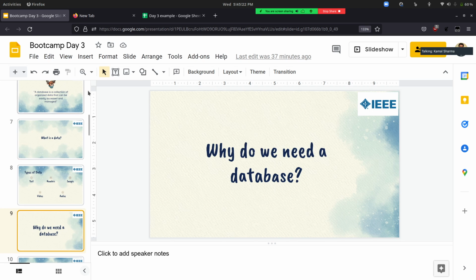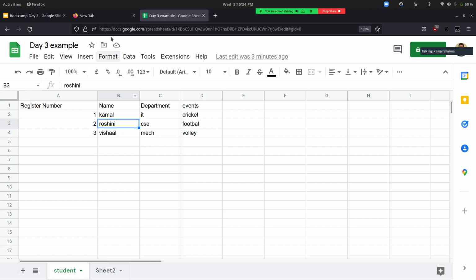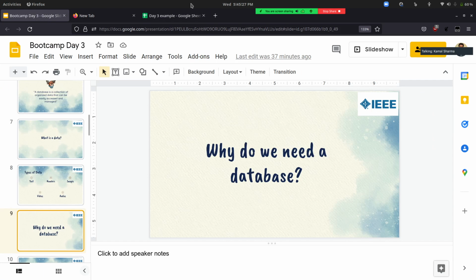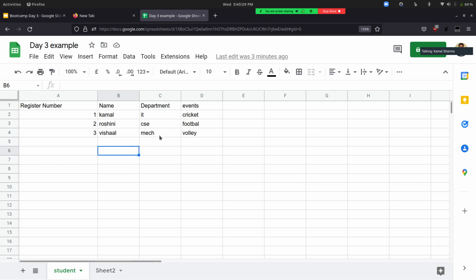Recently we saw that when we have multiple sheets, it is very difficult to access. And sometimes we may have duplicate entries. When we maintain Excel sheets, we may accidentally type the same name again. And as the number of records increases, where one record means this entire row, as the data increases, the file size will also increase.